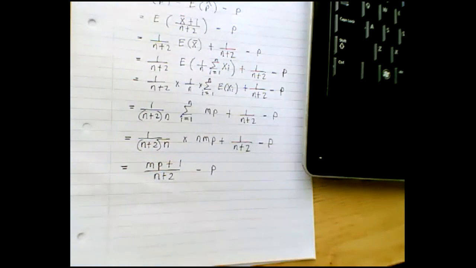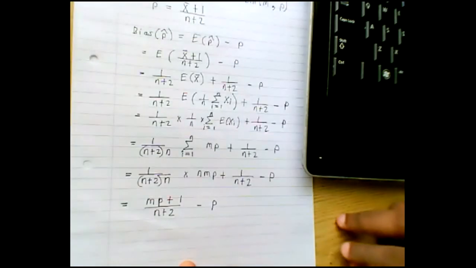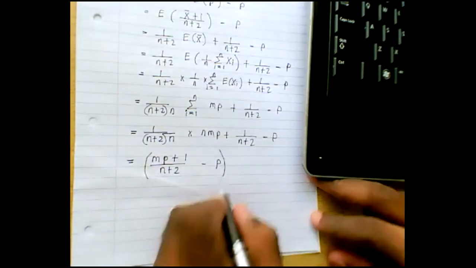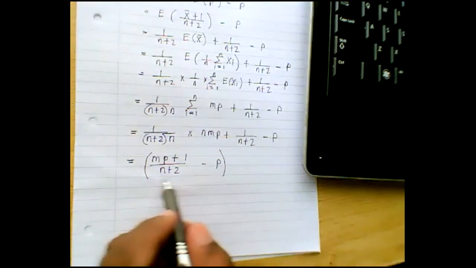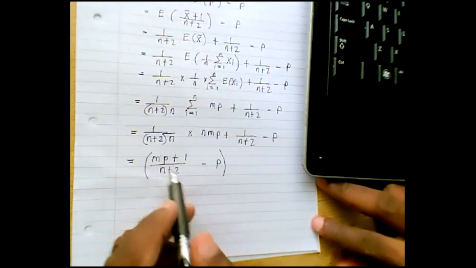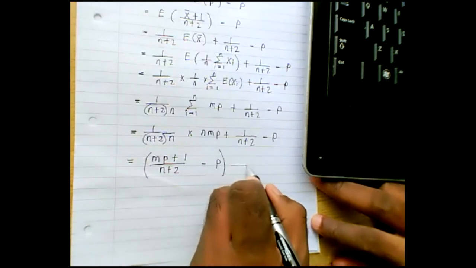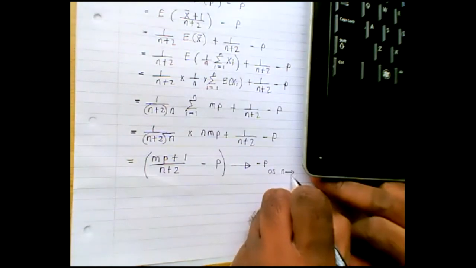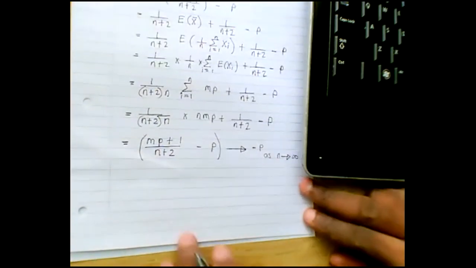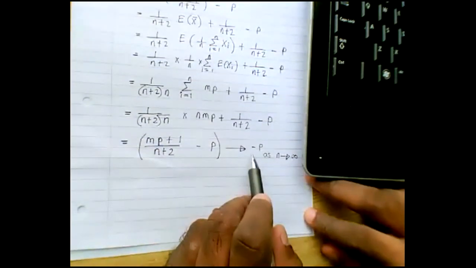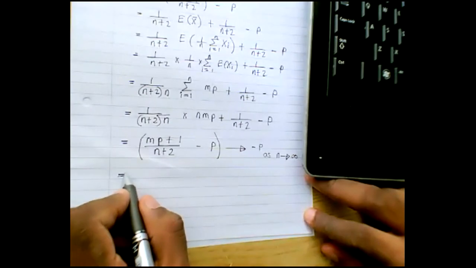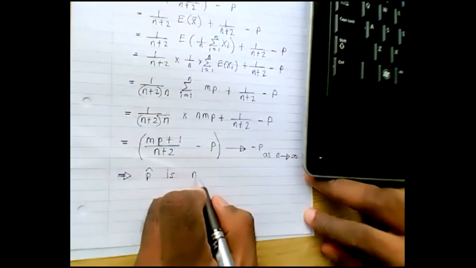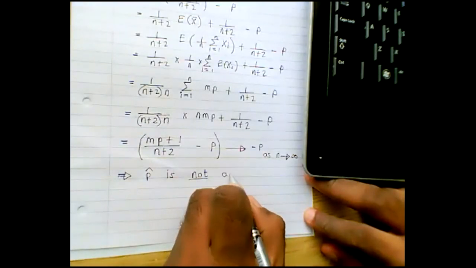All right. Okay, so this is the bias of the estimator for P, right? Now, as n goes to infinity, if you take the limit of this, the first term goes to 0. So you have 0 minus P, which is minus P. All right, so since the limit is minus P, what you can say is that the estimator P hat is not asymptotically